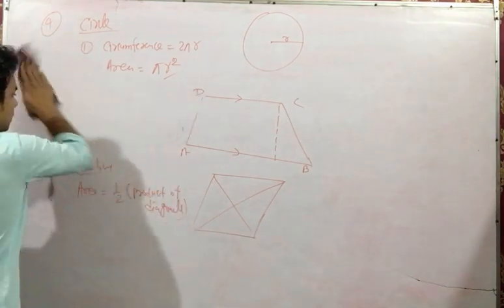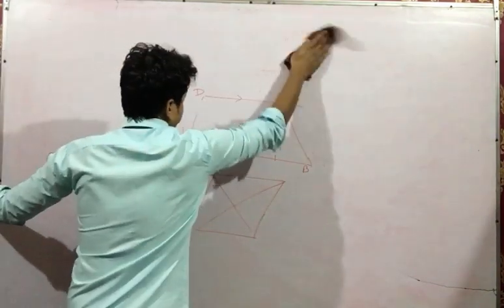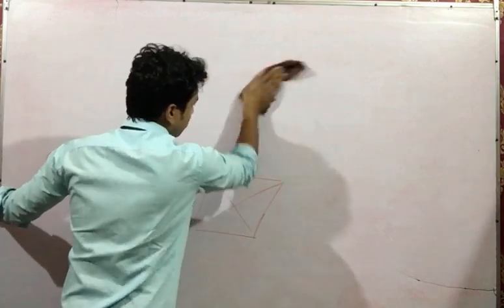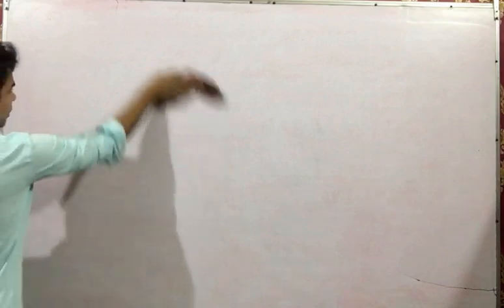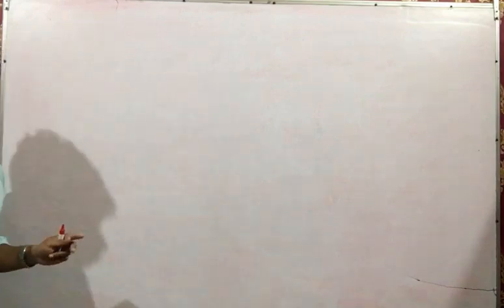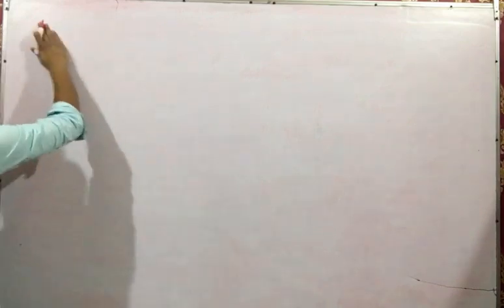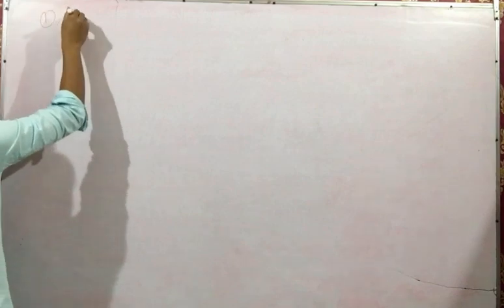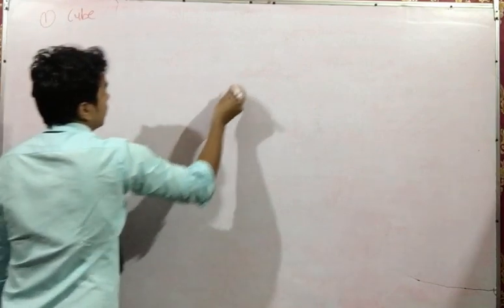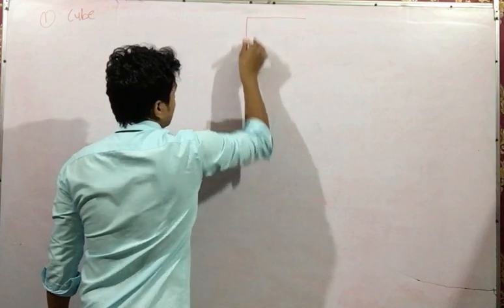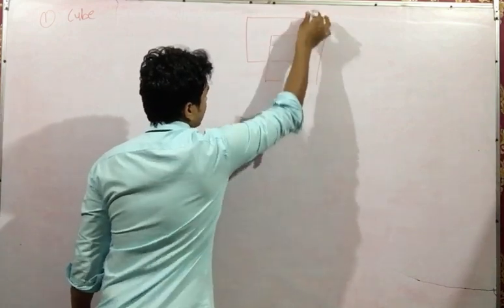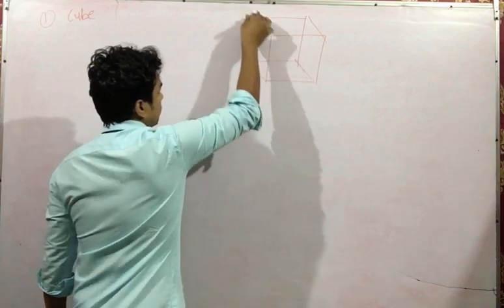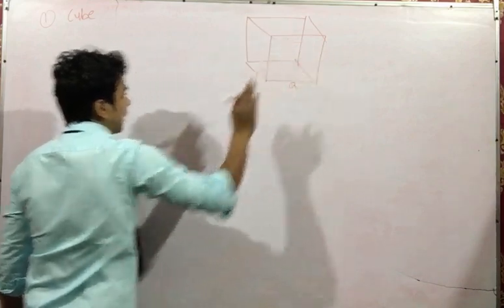Now we are moving towards the 3D shapes, and for 3D we will start with cube only. From here the topic of grade 10th starts, but these basics you must know. Okay, so now we are switching to our 3D shapes. The first one is cube, a 3D shape which looks in this way, whose side is A; length, breadth, height, everything is A.